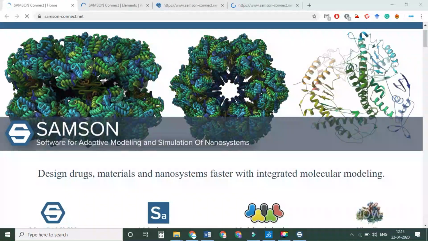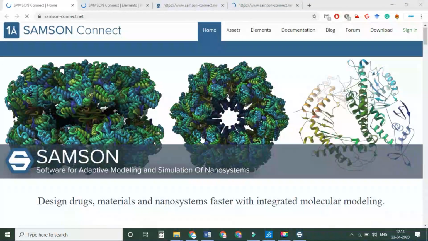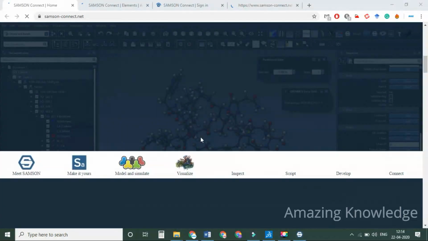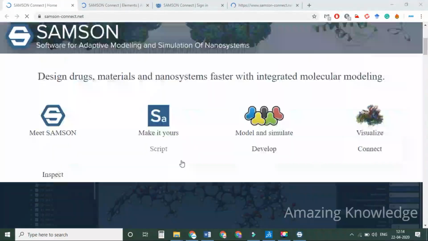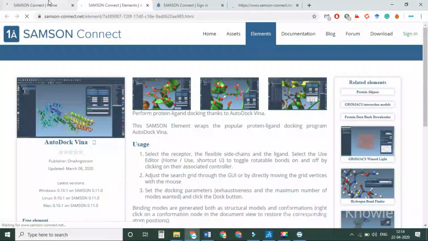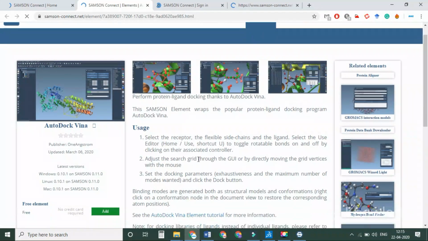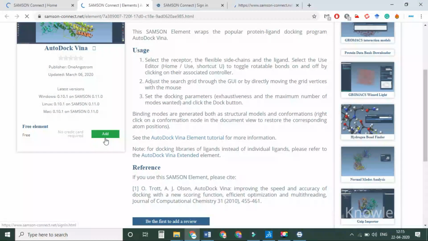It is used to design drugs, materials and nanosystems faster with integrated molecular modeling. It is very user friendly. Even newbies can learn it very quickly. In the elements tab, there is an AutoDock Vina element available. It is free of cost, so you can add it.